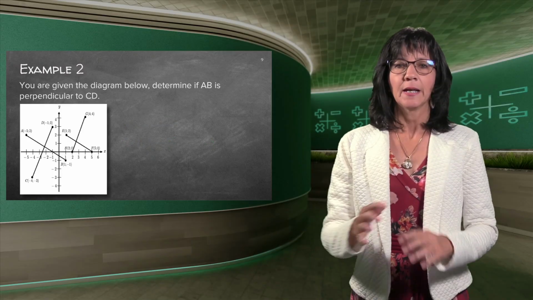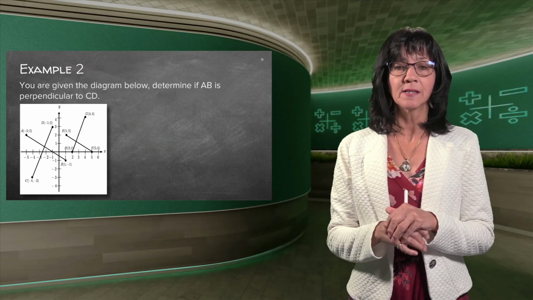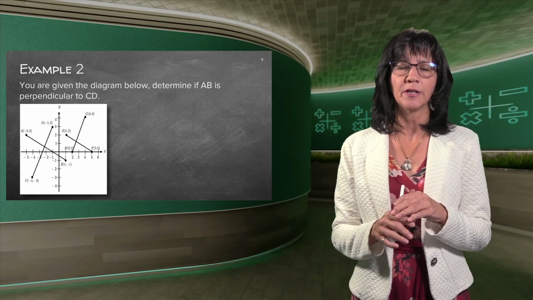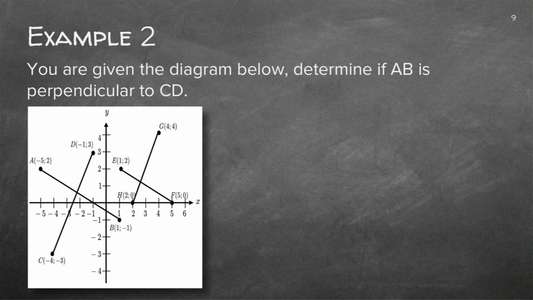Good. Again, an example is always the best. I'm only going to do the one part of the example. You can, on your own, go and redo the other part. They ask you there, determine if AB is perpendicular to CD. Now, I know immediately in the back of my mind, they're asking me if M1 times M2 is equal to minus 1. So that is your formula that you need to test.